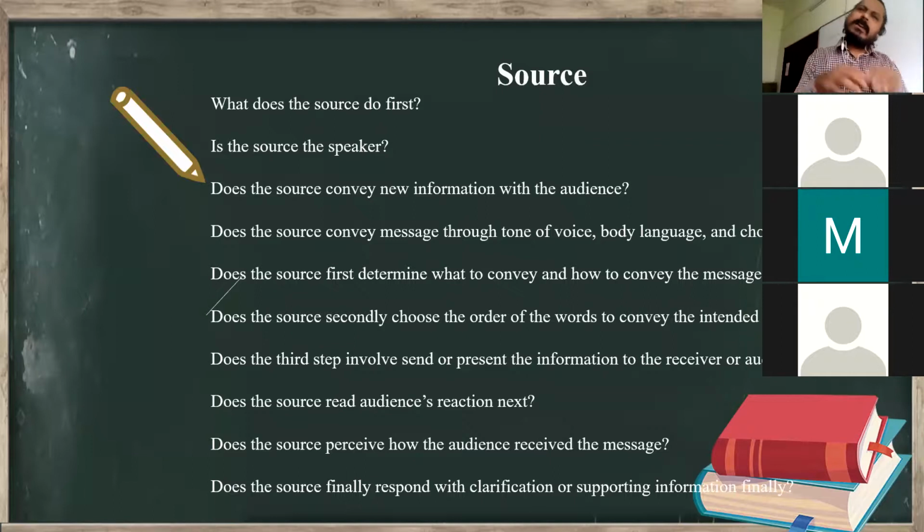So पहले कहीं भी कोई भी context है, कोई भी environment है, हम सोचते हैं। थोड़ा कॉन्टेक्स्ट पे भी डिपेंड करता है कि मुझे क्या कहना है, लेकिन कैसे कहना है, वो भी बहुत ही मायने रखता है। सो सोर्स पहले सोचता है व्हाट टू से, और उसके बाद वो डिसाइड करता है कि मैं कैसे कहूँ।